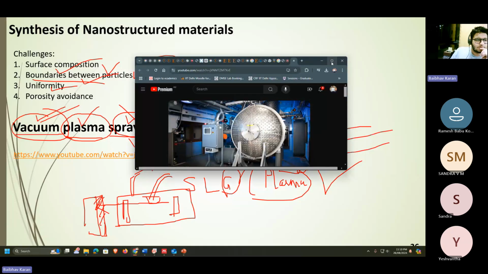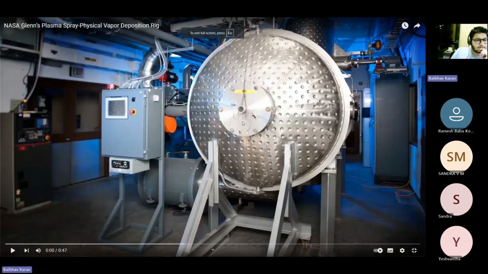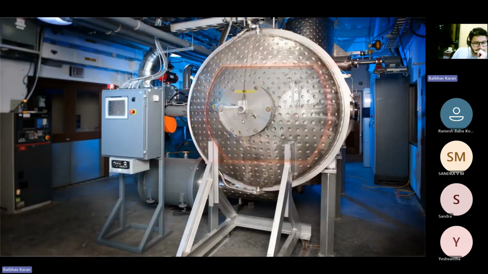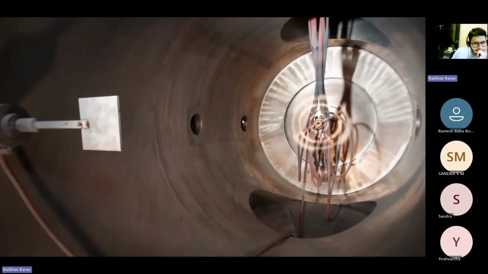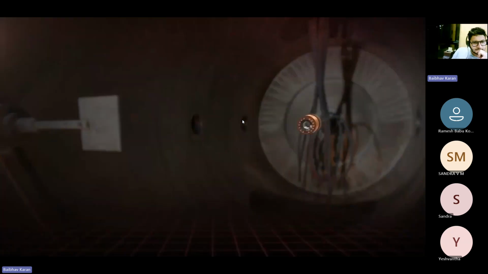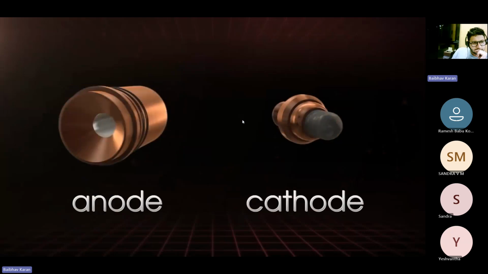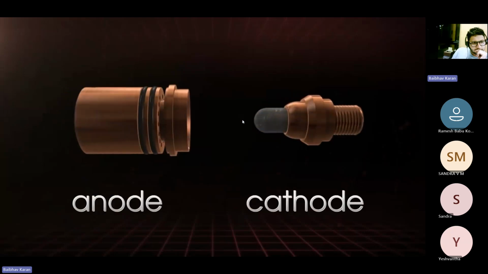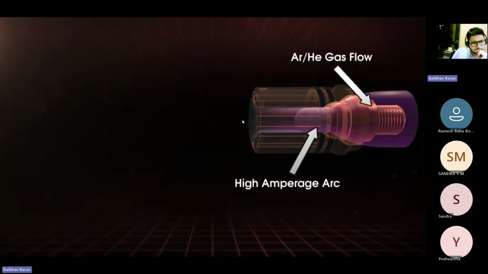This is a video just to give you an idea of how the vacuum plasma spray technique is done. The plasma spray chamber is about 5 feet in diameter and 15 feet long. Inside, a plasma torch is mounted with the sample on the opposite side. The plasma torch consists of a water-cooled anode and cathode. An inert mixture of argon and helium gases flows around the cathode and through the anode, with a high amperage